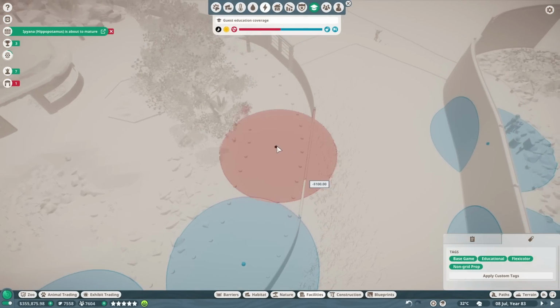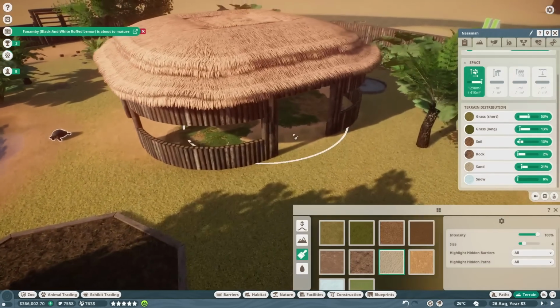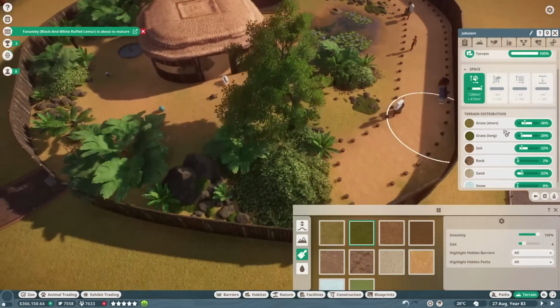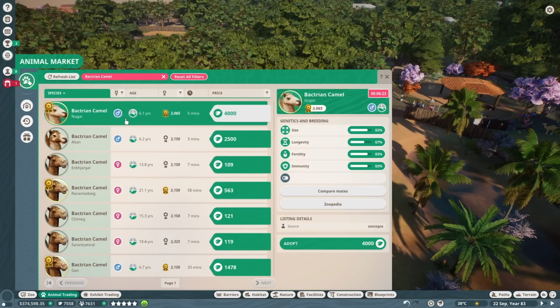I added the education speakers and donation bins along with some benches and trash cans before finishing the habitat by fixing the terrain to both the tortoise and the aardvark's liking, which was kind of a delicate balance, but I eventually made it happen. But while I was busy finding balance between the aardvarks and tortoises, a lot of the